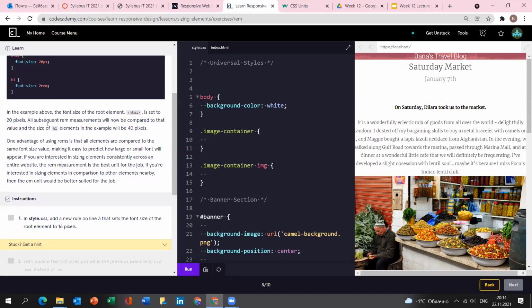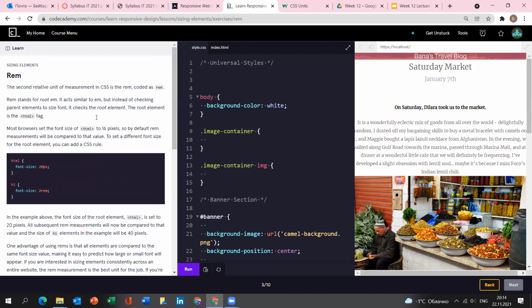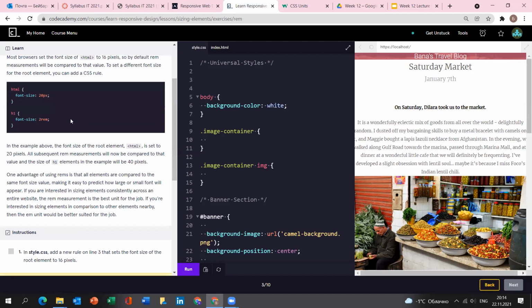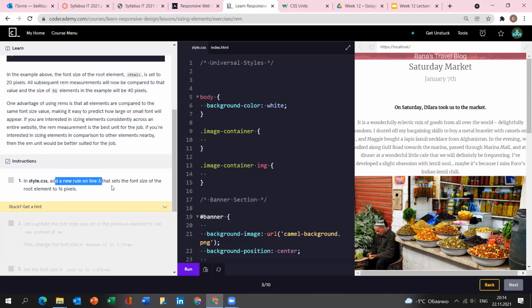Okay, and what does a relative unit mean? Basically, if you have a font size of 20 pixels and you put 2 rem, it will be 40 pixels. Okay, guys. In style CSS, we'll add a new rule. Okay, I will add a new rule,